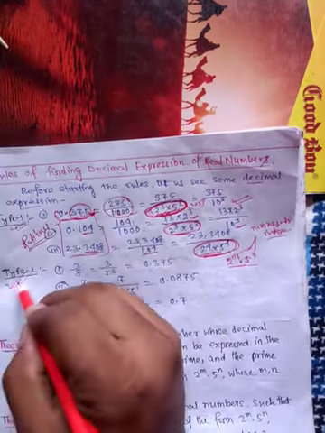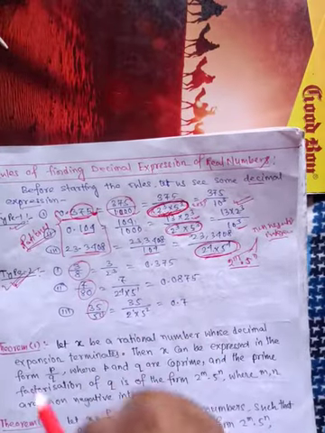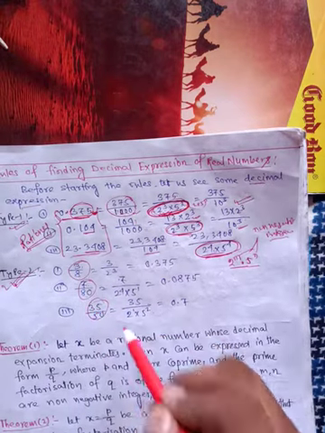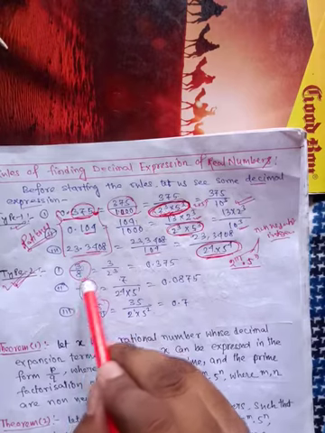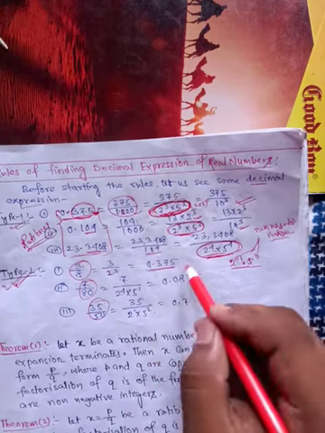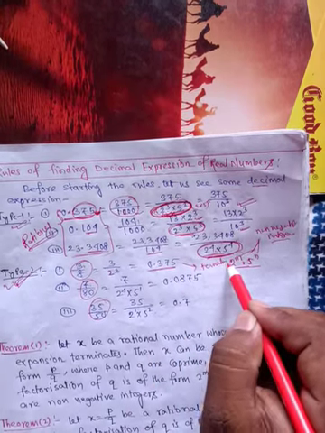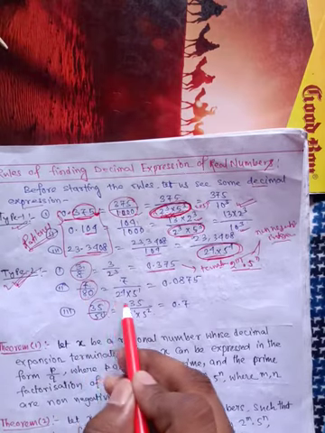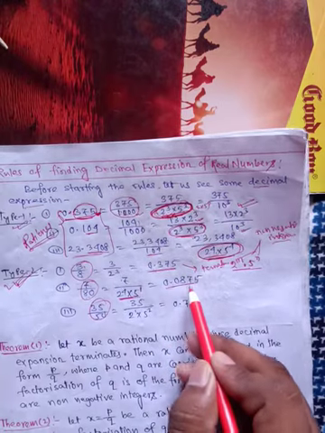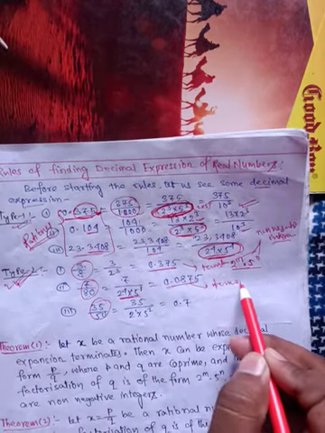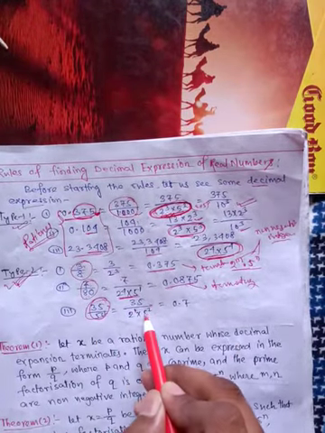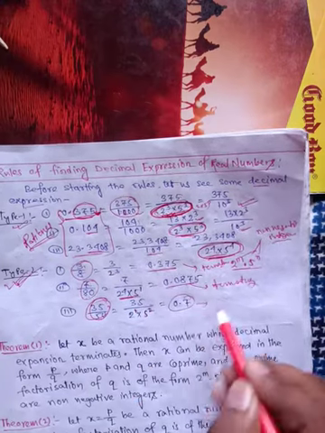Okay, again type 2. Now I am taking here some rational numbers of the form p by q. You can see here 3 by 8, that is 3 by 2 to the power 3, equal to 0.375, which is terminating. Again 7 by 80: the prime factorization of the denominator is 2 to the power 4 into 5 to the power 1, and also the decimal expression is terminating. Again 35 by 50, that is 35 by 2 to the power 1 into 5 to the power 2. So again the decimal expression is terminating.